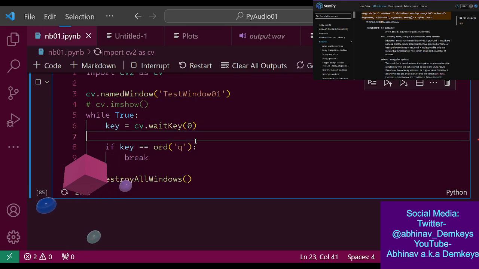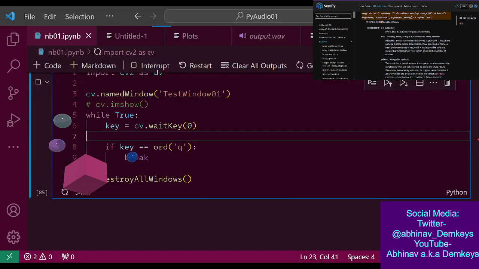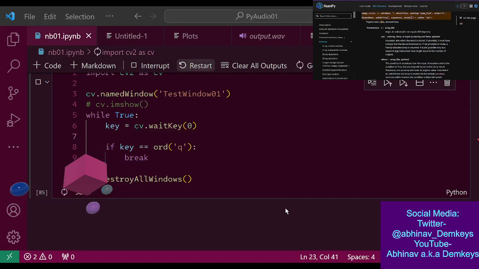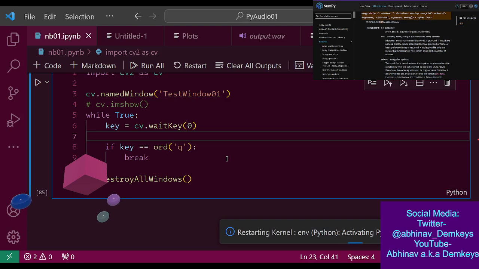Shit, I closed it, and I don't think it exited properly. Yeah, I'm going to have to restart the Jupyter thing. I closed the window instead of exiting properly using Q, because if I do the Q thing, then it releases the resources as well.